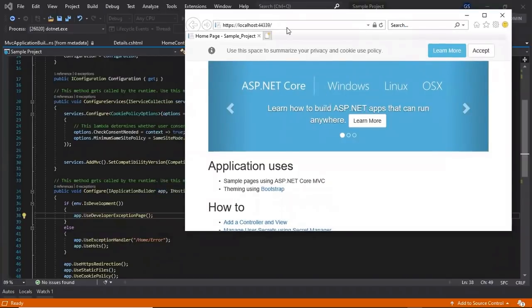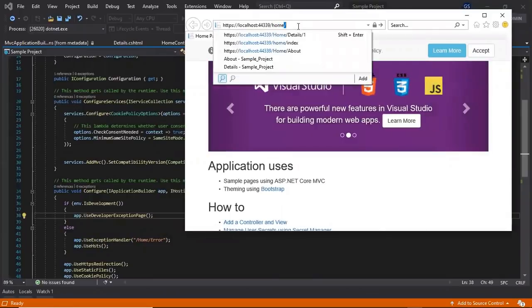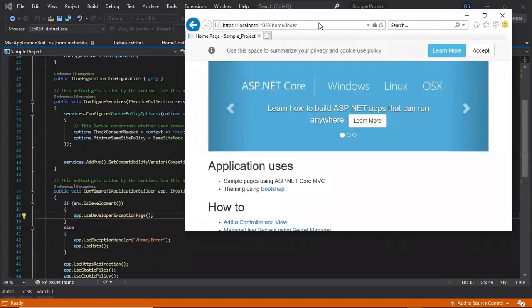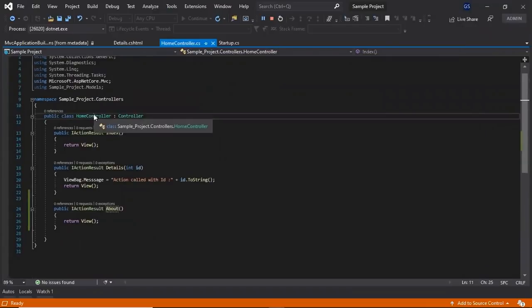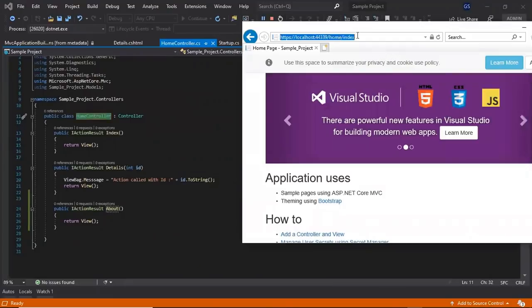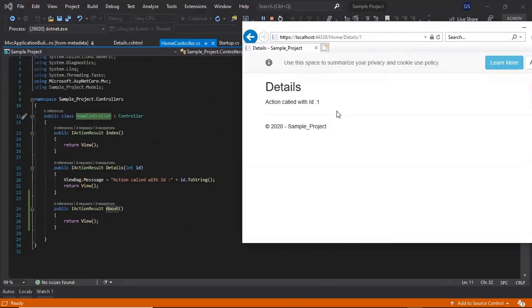So when we request home/index, it is mapped to the index action in the home controller. When we request home/details/1, it is mapped to the details action in the home controller with the id parameter 1.